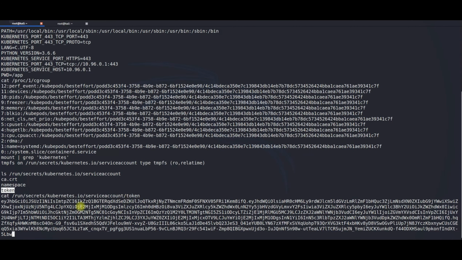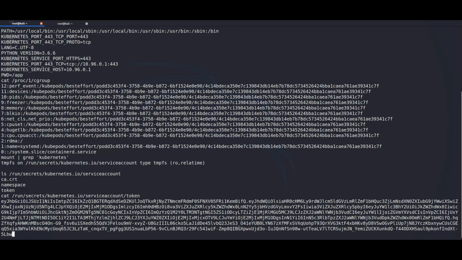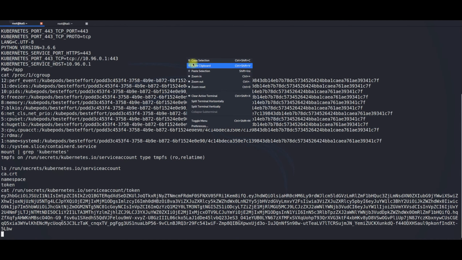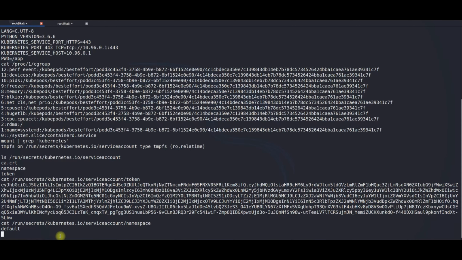See, the token contains the keys which will allow us to get the privileges, because the service account usually runs with based on the keys. We can also look for the namespace. This container is part of which namespace? So what we will do, we will go ahead and look for this. We'll see that this is part of the default namespace. That's cool. And we have the key now.